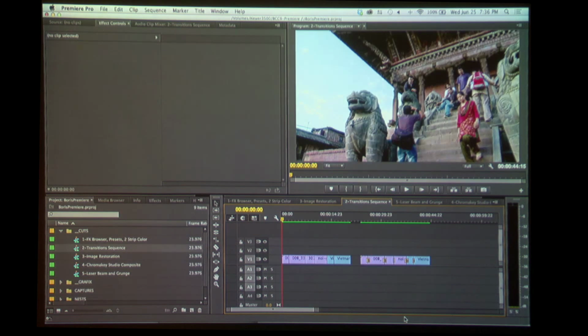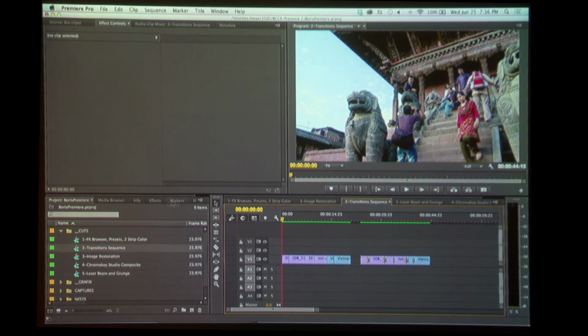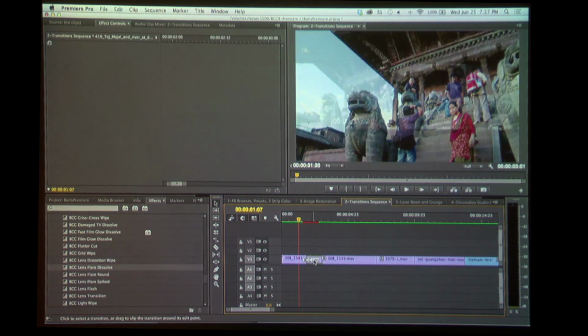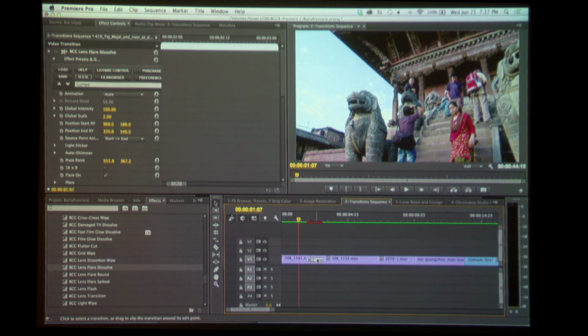Transitions have had a major overhaul. There's 20 new transitions, and it's not just ones that aren't that important. I know how many times have we done a swish pan where you've razored on top and you layer a bunch of effects. First you do a push from left to right, and then you ramp a blur on top of it to get that swish pan. Well, now you have a swish pan, and you just drop on a certain effect. Dissolve. And drop this on here. And now, this gives us